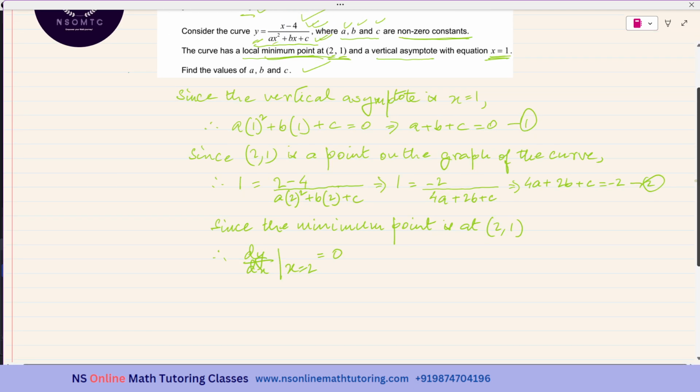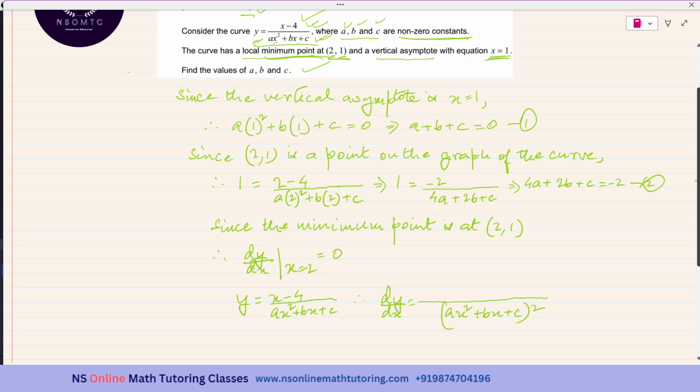So what is the dy by dx expression? Let me write the y expression first. x minus 4 over ax square plus bx plus c. And we have to use the quotient rule. So therefore, dy by dx should be equal to, in the denominator, ax square plus bx plus c whole square,